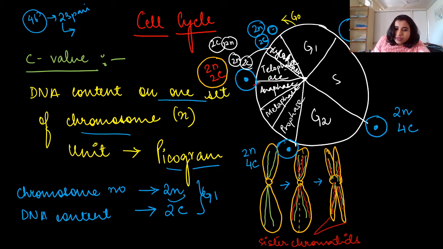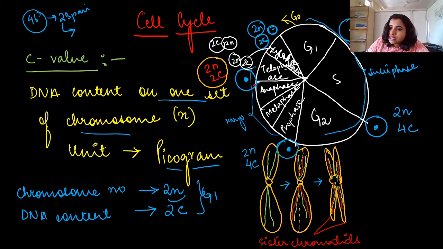Chromosome number. Okay, here if you see, this is a cell cycle: G1, S, G2, prophase, metaphase, anaphase, telophase, cytokinesis. This part, G1, S, G2, we call interphase, and we have seen this in the last class. Today in this class, we'll be discussing karyokinesis, that is prophase, metaphase, anaphase, telophase, and along with this, we will see the DNA and the chromosome number, right?